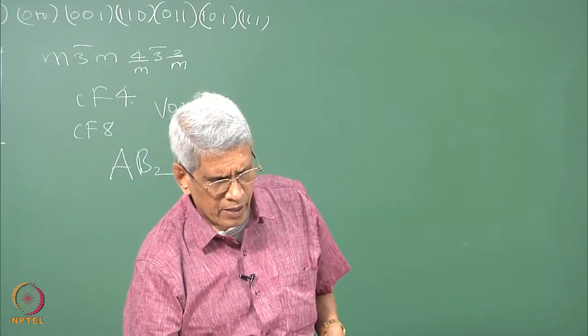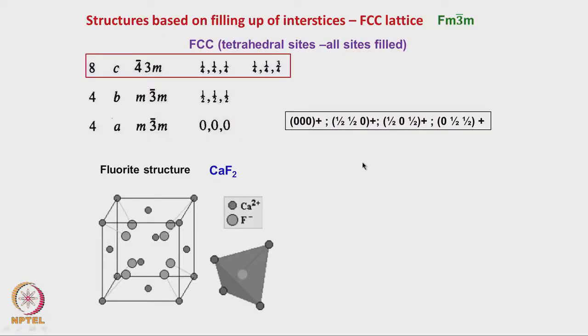Okay. A typical example is calcium fluoride. If you see, that has ABC, the calcium atoms occupy all the corners, the fluorine atoms occupy the centers of the tetrahedron sites. Okay. And this also can be represented as like around each cation there are anions which are situated. This cage is essentially a tetrahedral cage, right?